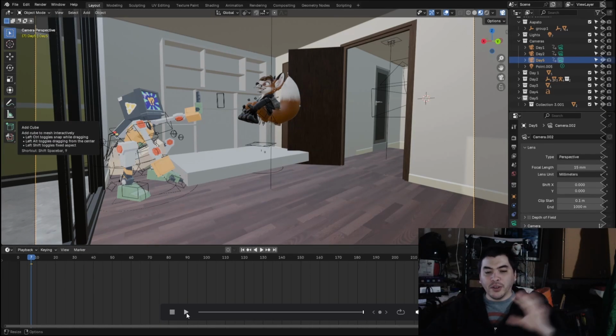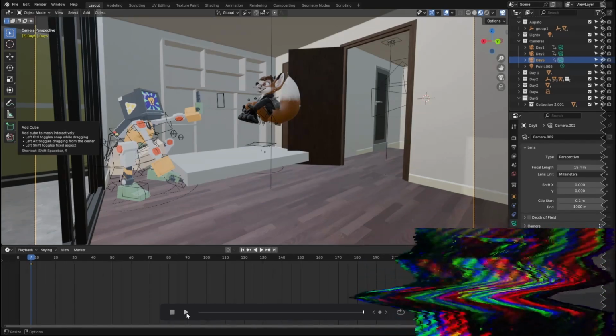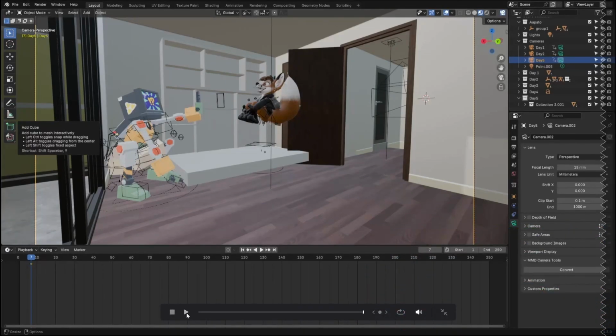Like I'll move everything in and I'll keyframe that, but then when I move a frame, there's like 4 bones, 4 handles that will just move as if they were never affected by the keyframe. So I don't know what's going on there, but